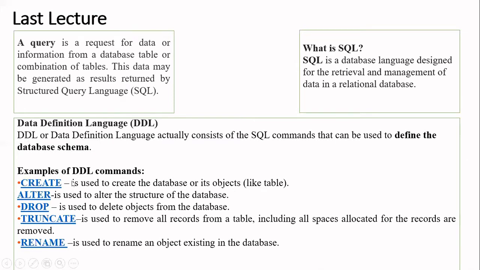How to create a table? We have already discussed it in the last lecture with the help of the create table command. The create table command consists of syntax as create table, table name and various column names. Then if you miss some field or if you want to change the record, you use the alter command. Then to delete the record from the table, we use the drop command, and to remove the records from the table, we use the truncate command. Similarly, what is the use of the rename command? It is used to change the database name or table name.